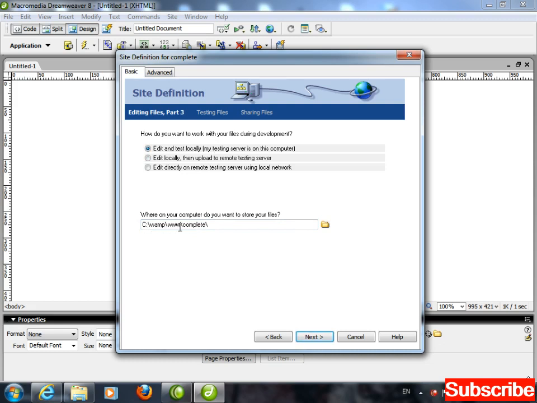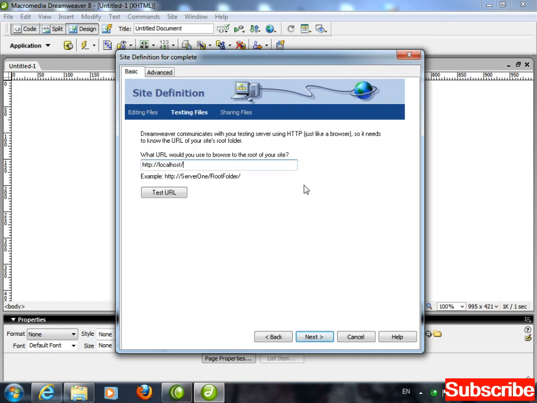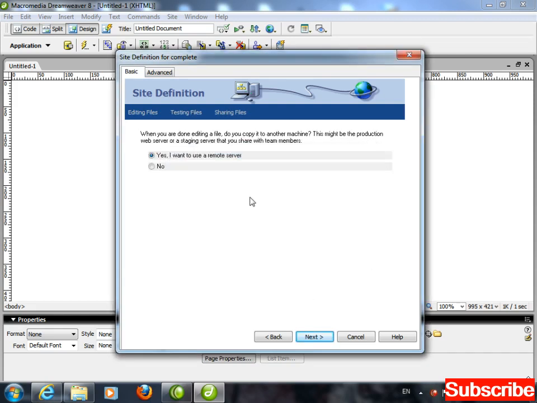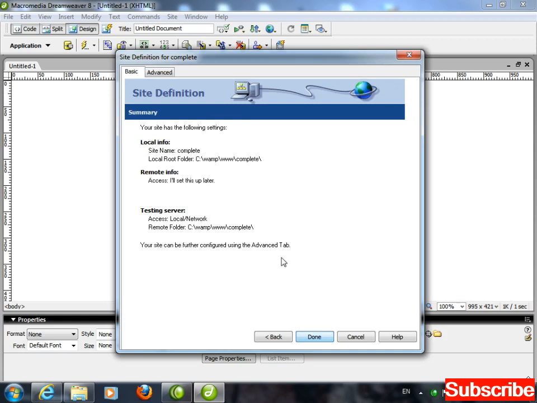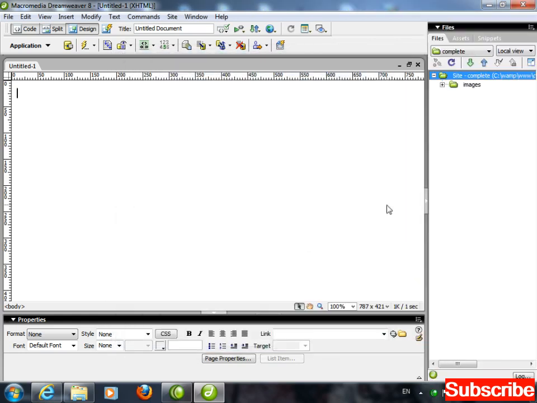In the C WAMP www complete. Don't paste it again here. This is wrong. I'm having only the C WAMP www. I'm having complete directory, right? Next, in front of localhost, that's fine. Next, no remote server I'm having. Next, and done. Site managed.